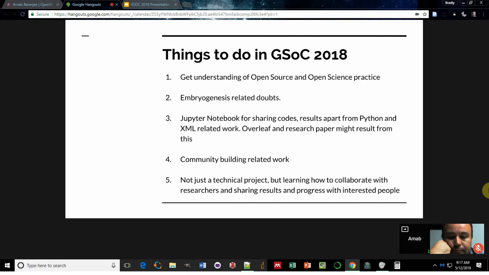The second thing, which I will talk more about when I come to the Python related part, is that there are certain doubts that I have related to the process of embryogenesis, which I will clear up in the coming weeks, because without that I won't be able to make complete sense of the data sets that were shared. And the third thing is, apart from the Python and XML related work, like you had suggested the other day, I need to make a Jupyter notebook for sharing codes and results. And